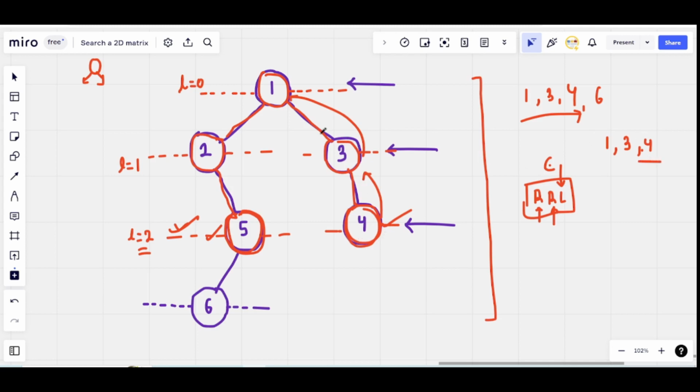Then I will backtrack to node number 1 and I will come eventually to node number 5, where the level is 2 and the answer array already contains 3 nodes. Hence I will not be pushing this node into the answer array, because I have already pushed 3 elements for 3 levels. Okay. Now I will move to the next level, which is this one, which is level number 3, and